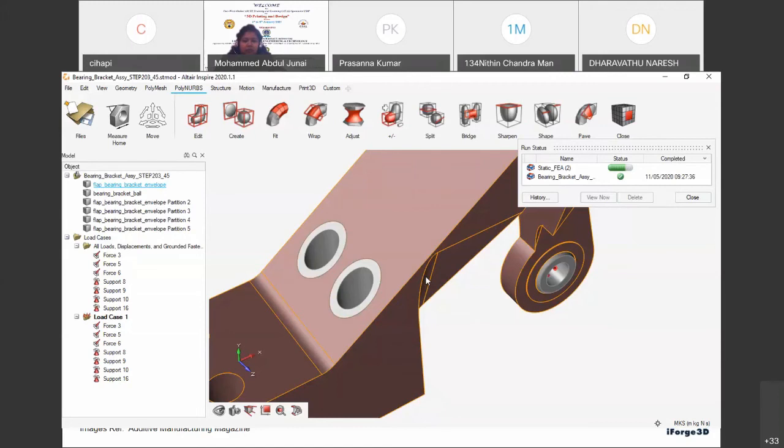When you go for 3D printing, when you want to slice a particular object, you have to check for non-manifold edges. Non-manifold edges are nothing but each edge of the triangle must be shared by only one other triangle. Consider a triangle with three edges, obviously. Each edge should be shared by another triangle.